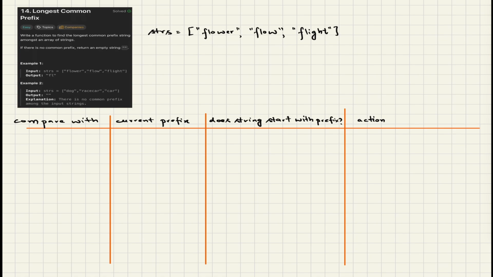Like obviously the first thing, if the array is empty, we can just return an empty string, or else what we can do is assume that this is our prefix. So we'll mark our current prefix as strs of 0. Okay, and then we'll start comparing it with the next, and then we'll shrink it, since this is like flower